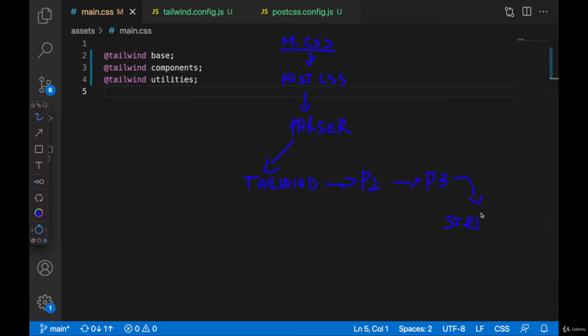So we are supplying the CSS with the new features into PostCSS. It's parsed down into some object that PostCSS understands, then the plugins are applied, Tailwind and also other plugins we will plug in, and the final CSS is stringified, and then you have a final CSS file